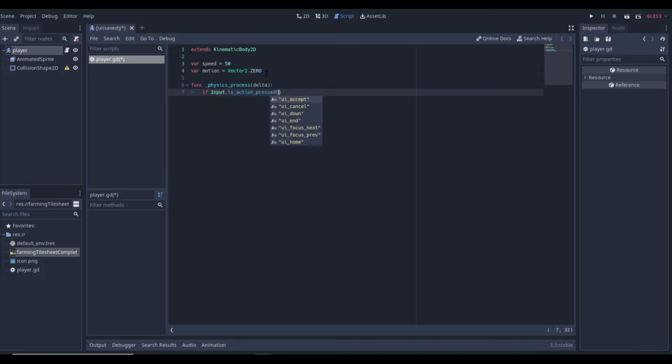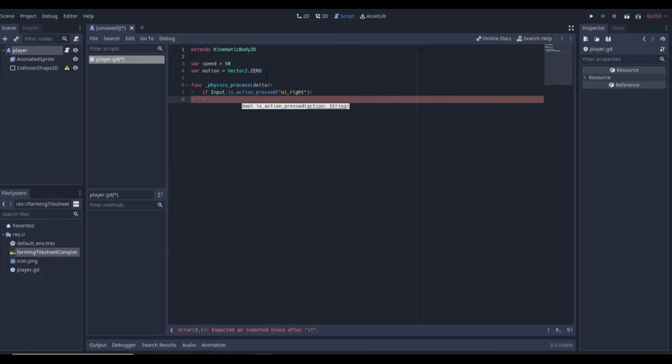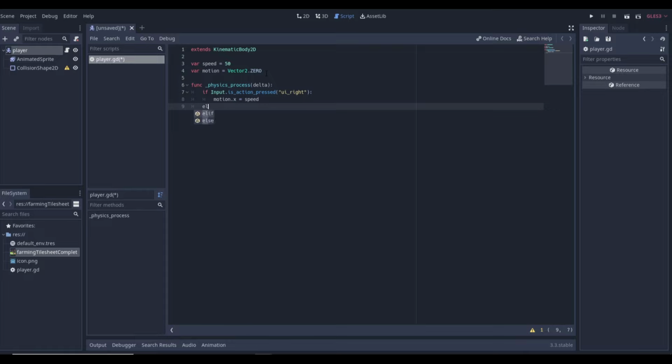So if we're holding down this button, which we can do ui_right, which is going to be our right arrow key, then we want our motion.x to equal our speed, right? Which means we're going to be going towards the right. And then we can do else if, basically the exact same, Input.is_action